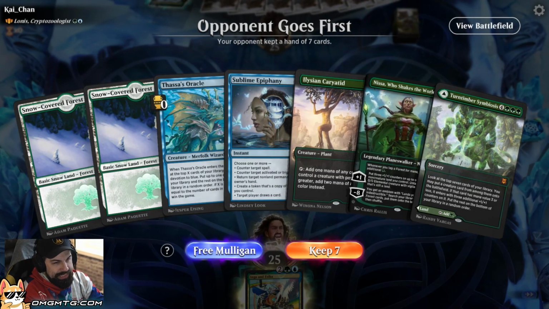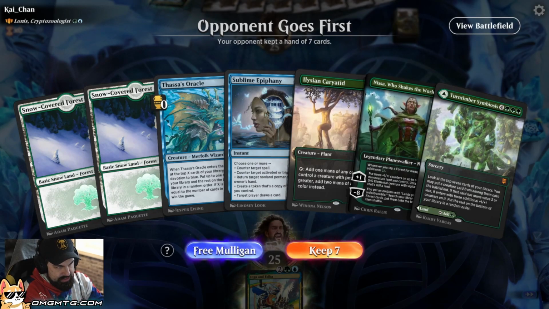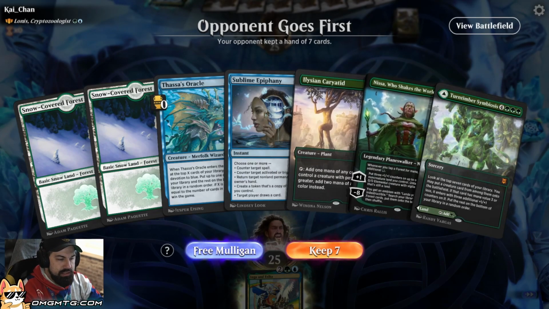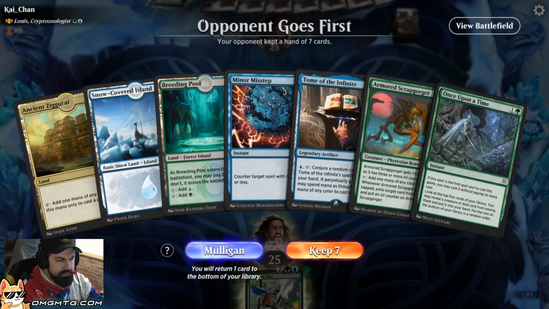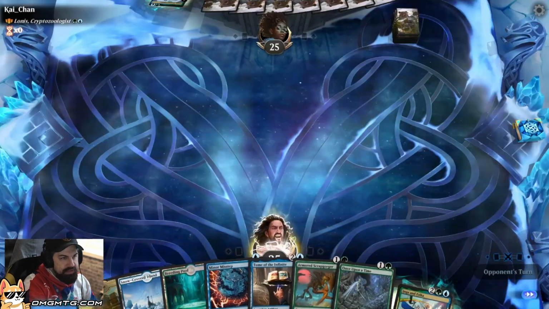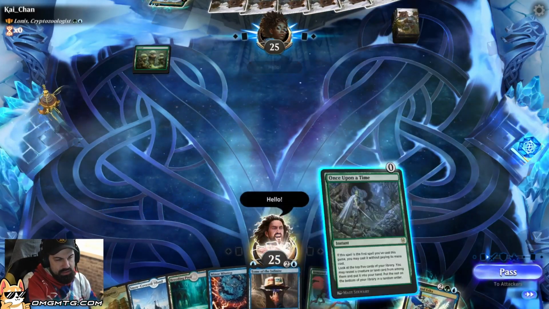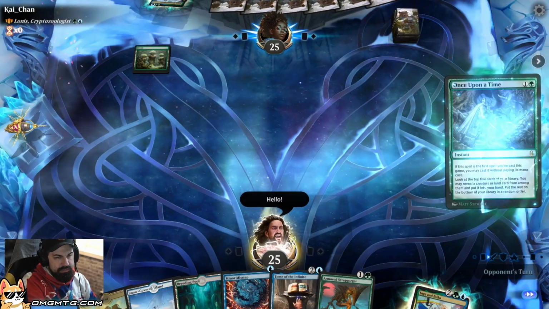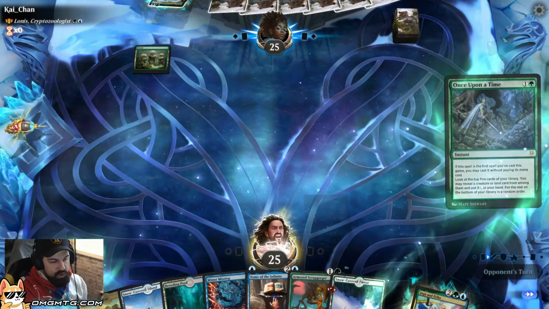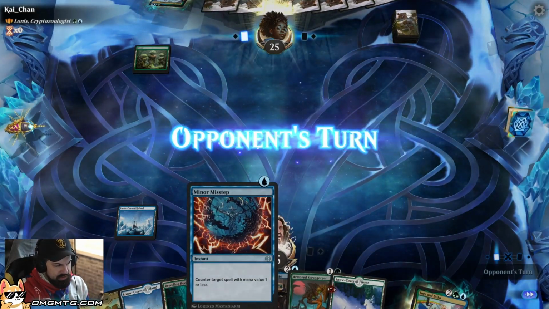Okay, opening hand. It's not great. I'll mull this. This is better. I can do the Once Upon a Time for the first turn. Alright, Once Upon a Time. Get a snow-covered forest. Islands. This is instant sorcery. Oh no, it's just...